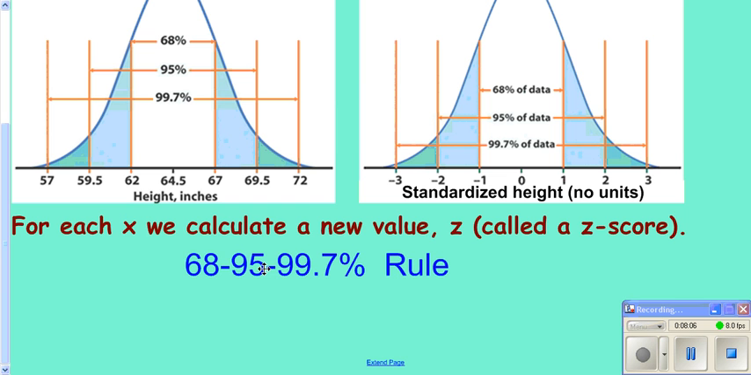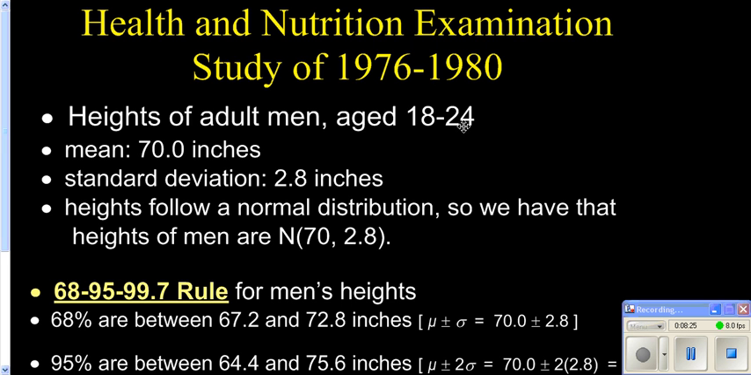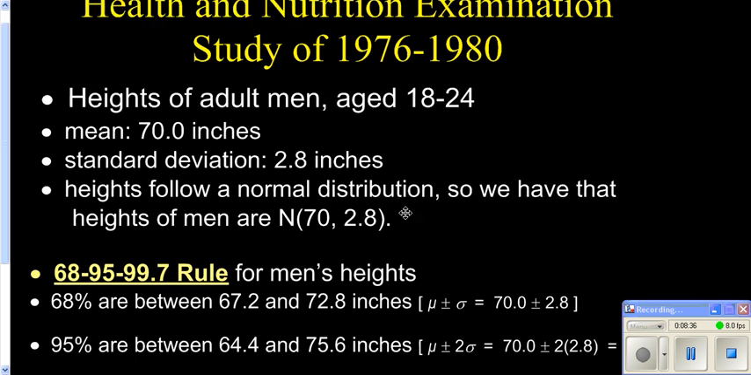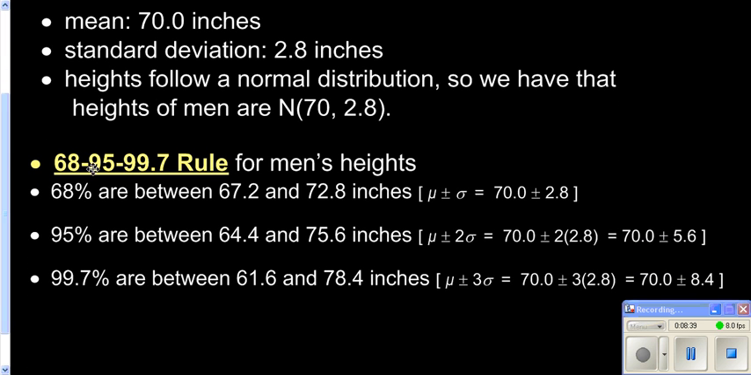Now the 68, 95, 99.7 rule works great when you're 1, 2, or 3 standard deviations on each side of your mean. It's not the most exact, but it's really pretty close. If you want a more precise process, we'll be looking at that later. Now, suppose you have adult men, 18 to 24, their mean is 70 inches, standard deviation of 2.8 inches. It's normally distributed. If you're looking at the 68, 95, 99.7 rule, we would say 68% of the men are